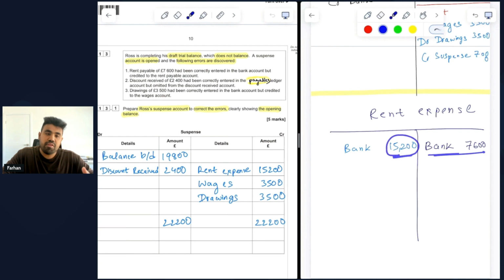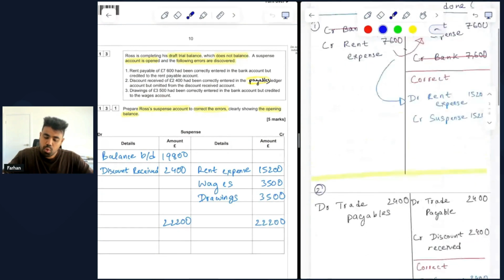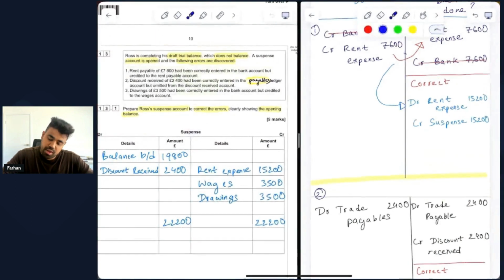If we only put 15,200 on the debit side, then as a net result, you're left with £7,600 on the debit side for the rent expense. So this is the complication here. Once you have figured that out, the way you correct it, as you can see, we debit rent expense by £15,200. That way it gets taken care of in the net result for rent expense being a debit of £7,600. And then the suspense account comes and fills in the void, the gap that we have